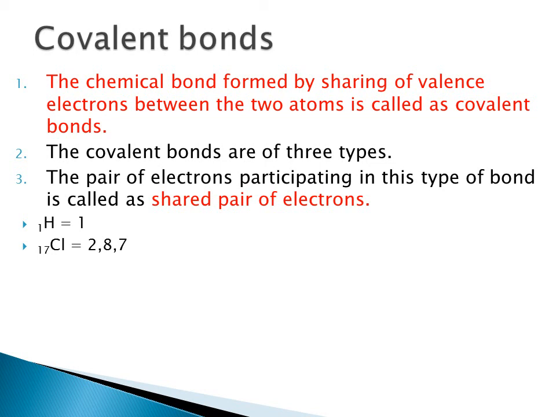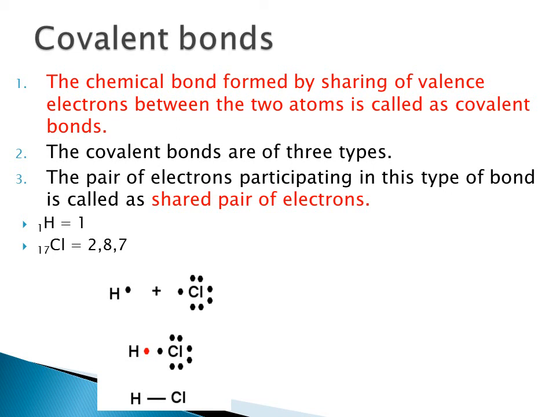Let us draw electron dot structure of hydrogen and chlorine atoms. While drawing electron dot structure, we consider electrons present only in valence shells. So, only 1 dot near to hydrogen is shown. These valence electrons are represented by means of either dot or cross. Here dots are shown. You can show cross instead of dots also. And around chlorine 7 dots are shown that represent its 7 valence electrons. As shown in this diagram, now just have a look at this second diagram.